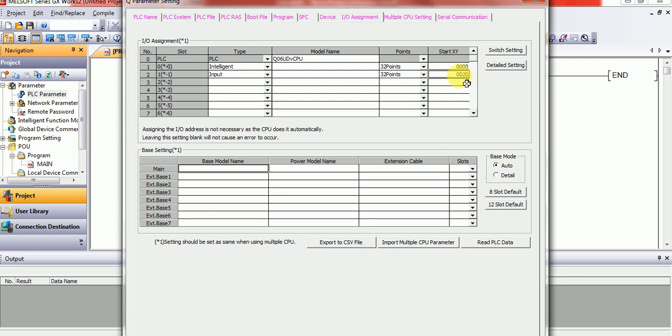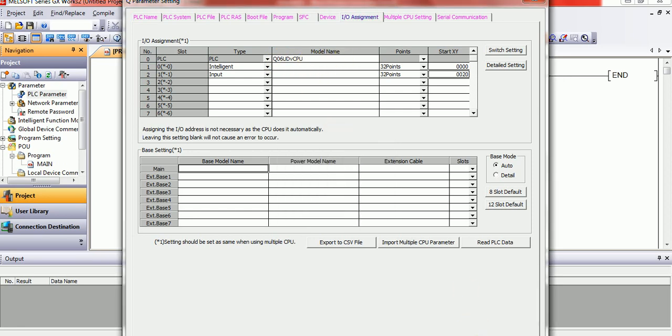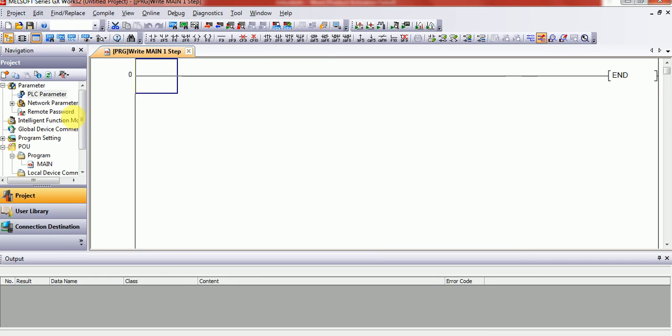Okay, so you have to fill in this whole table according to your hardware, and then press check. If there is no error, it means you have put in the correct model number. Okay, and press end. Another very important thing is the global devices.